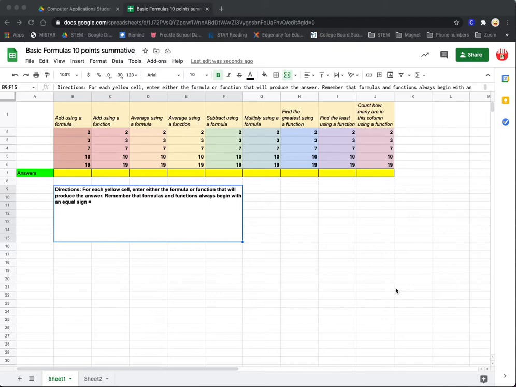I have another spreadsheet assignment for you, and this one's going to be showing you the difference between using a function and using a formula to do math on a spreadsheet. Now, these numbers that you're looking at right now, they really have no particular meaning. You're going to end up with different answers in some of these yellow squares down here. So what your goal here is to, first off, understand what is a function, and the second thing is what